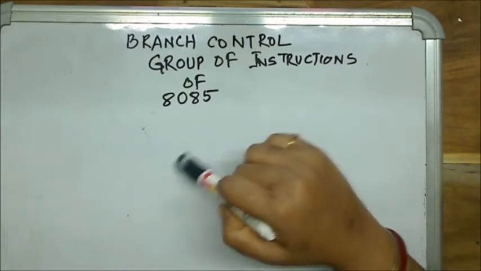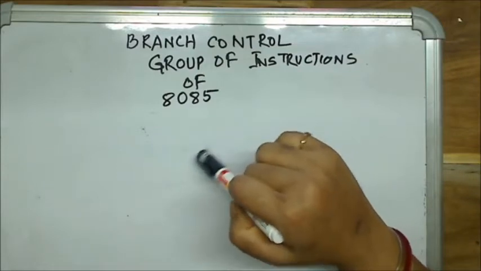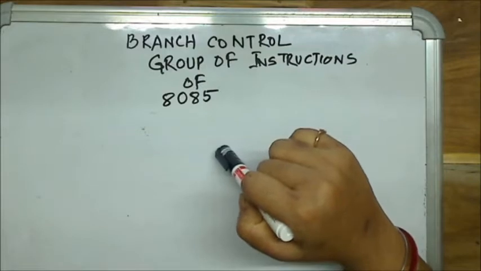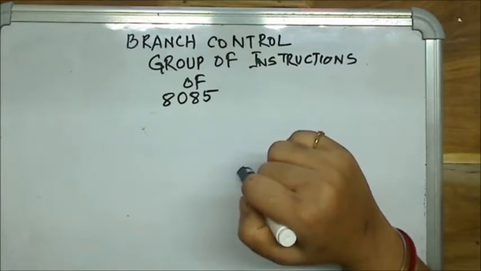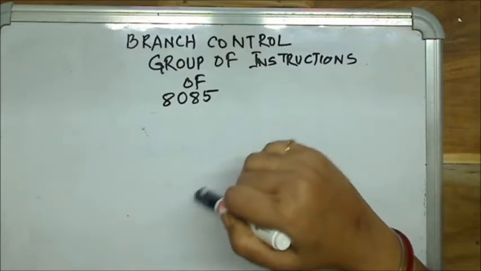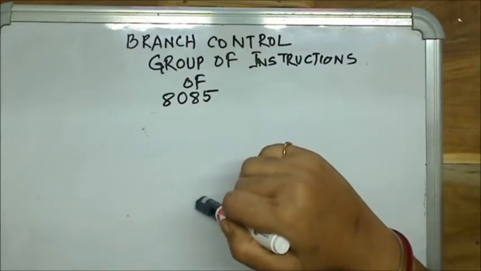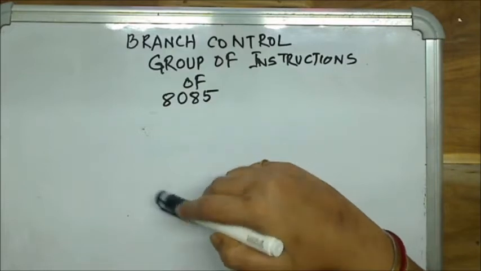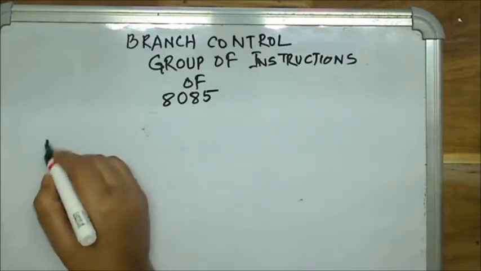Now, if you want to call a branch, you need to change the value of PC. So this whole video is about changing PC. If you don't interfere with PC, by default it goes on incrementing and we go in a sequential manner. So branch control instruction means changing the value of PC. Now, what are the instructions that we are going to cover in branch control instructions? The first instruction we are going to cover is jump.